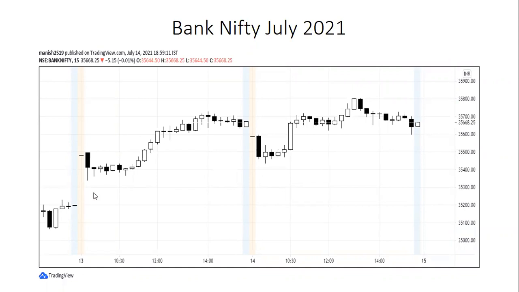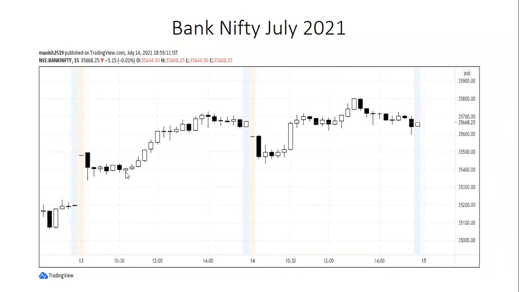First, we will focus on 13th. What happened on 13th? Gap up opening. You can clearly see the gap on graph. So this was gap up opening, and first candle, you can see this is master candle. Now look at the consolidation for next 7 candles. This was very tight consolidation. You can see 7 baby candles.